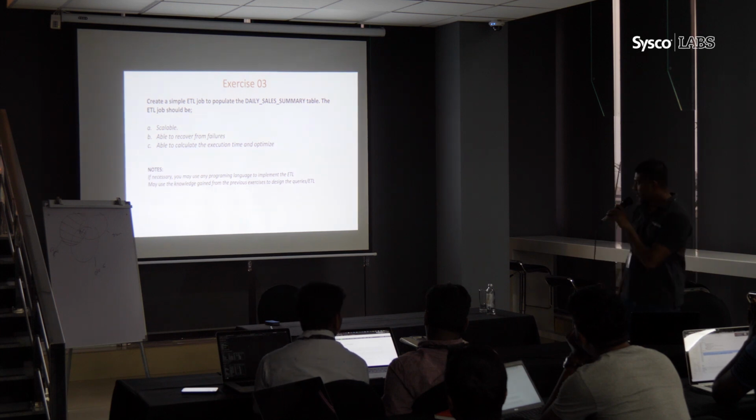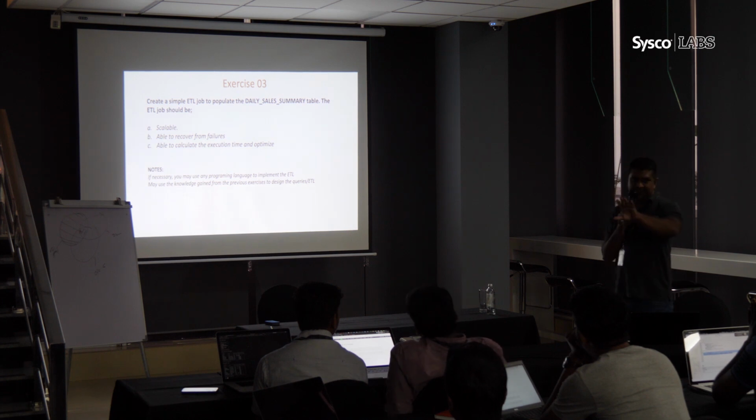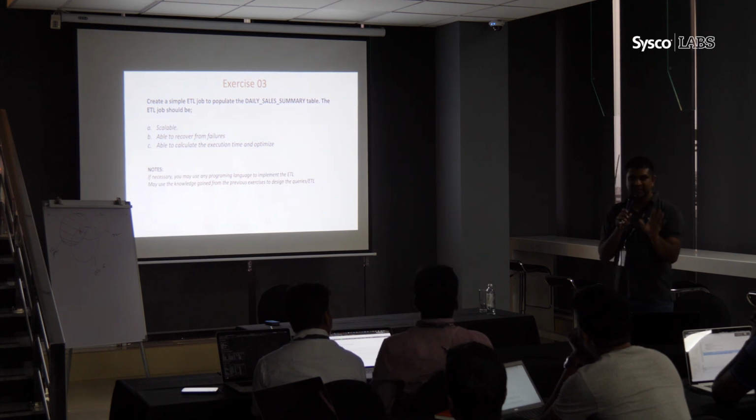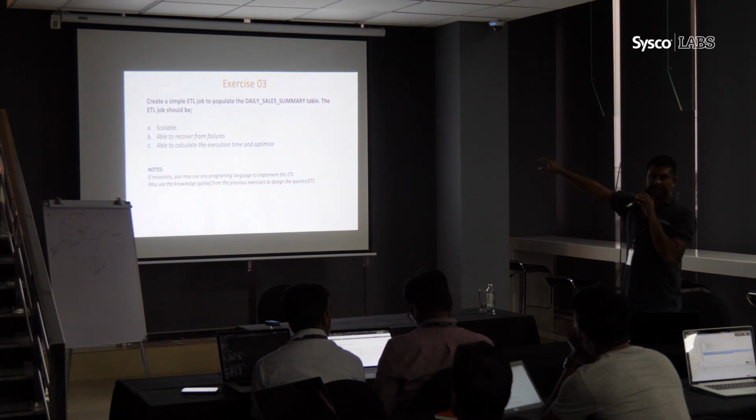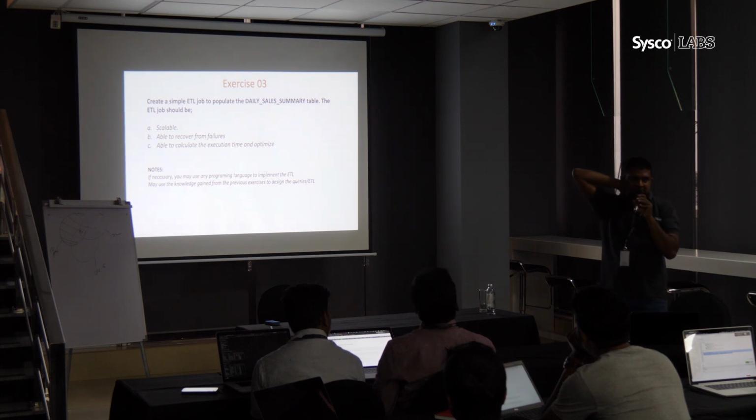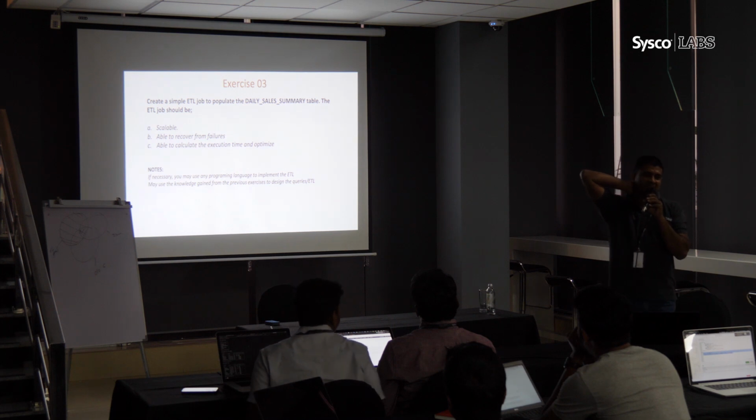Okay. So now, a small question. Now, the expectation is you have to run this job on top of this table, this database, and update this table. Now, this database has 5 years worth of data. So, how do you process the historical data? Do you have to update each and every row? Or?